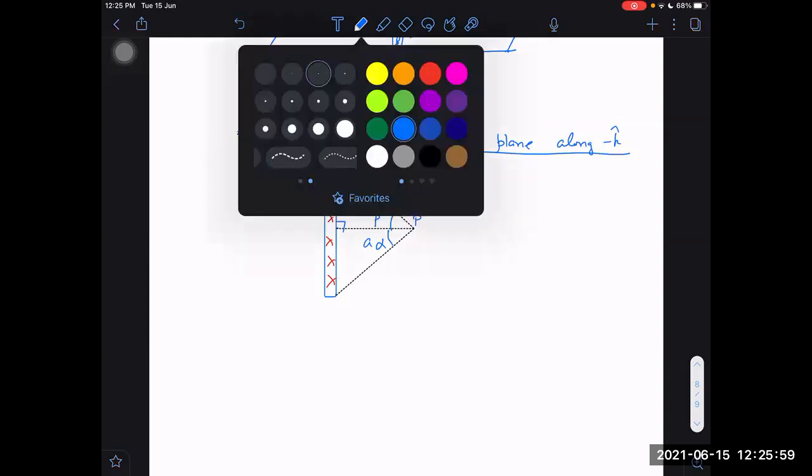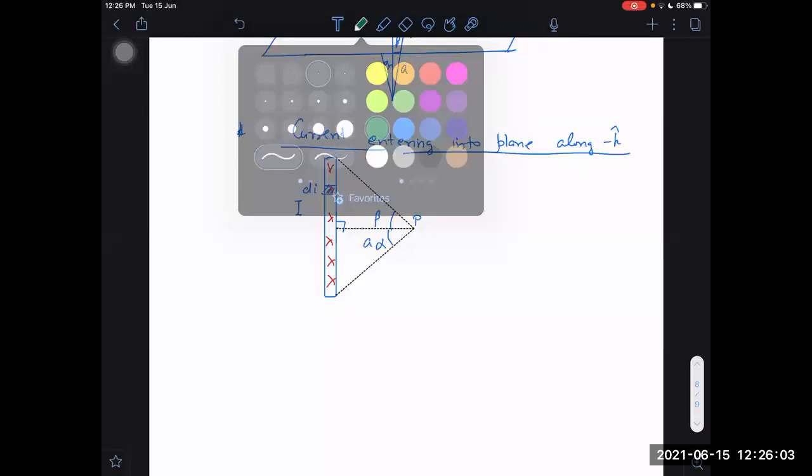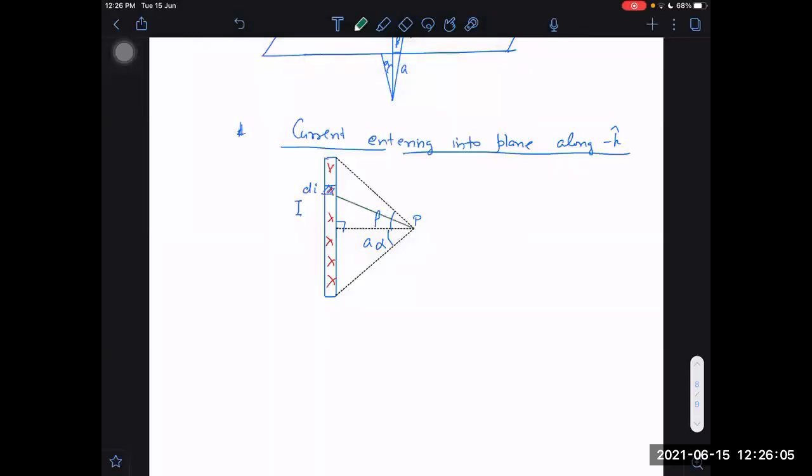It will be a wire. That small element I am taking will be like a wire. Let us say R. Sir, your voice is breaking. Is it okay now? Yes, sir. Okay, so you tell me now, what is the field due to this single wire here?